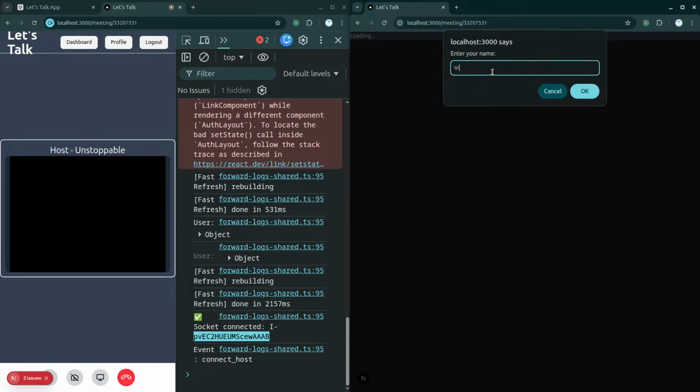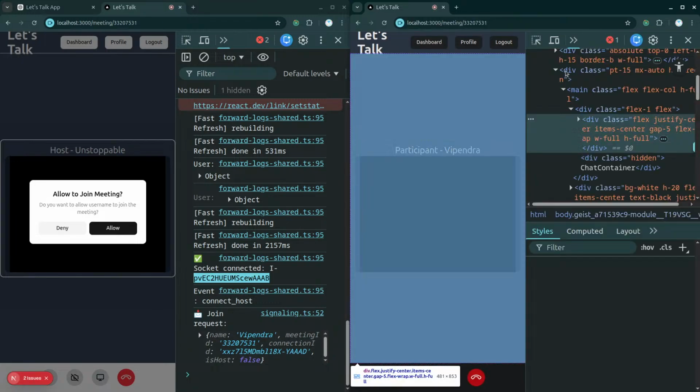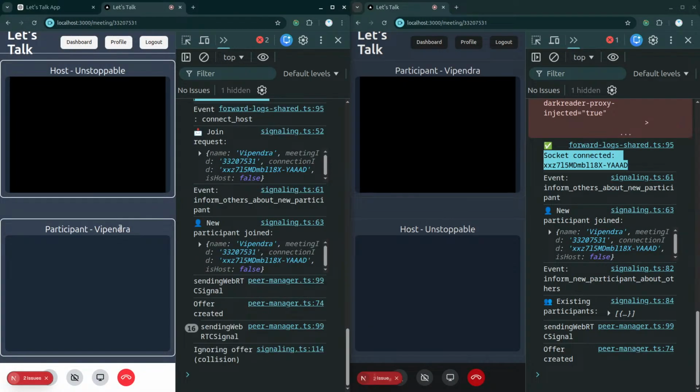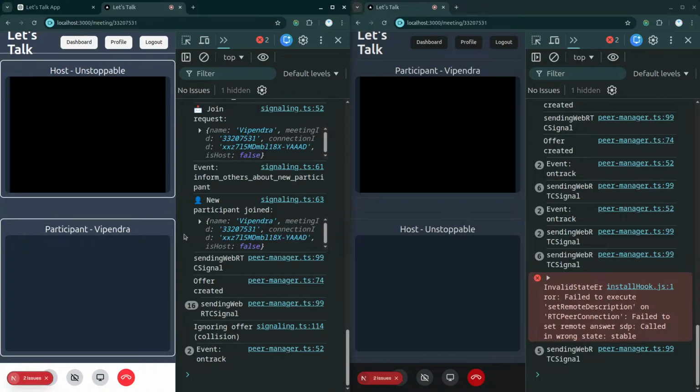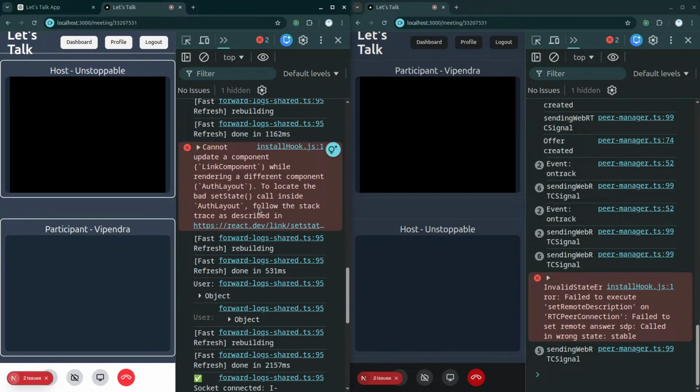The name is actually going to be Vipendra. Enter. So I'm going to allow it from here, but before even that, let's go to the console. This is the socket connection that got connected. Allow it, and I got the errors. And what is the error? The error is about